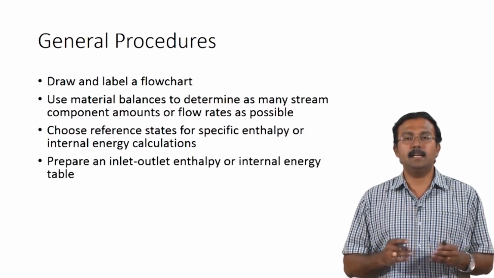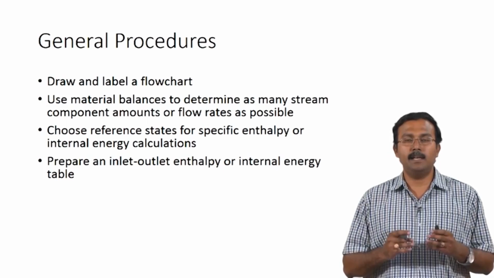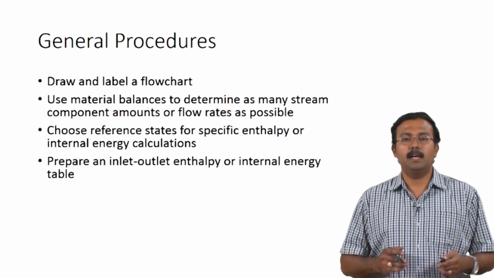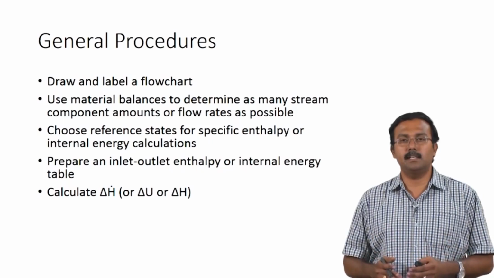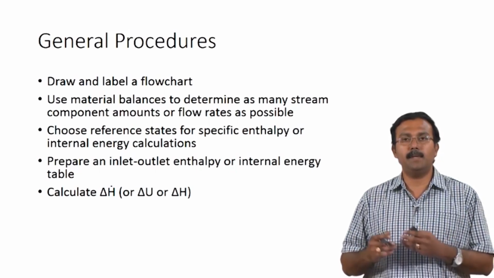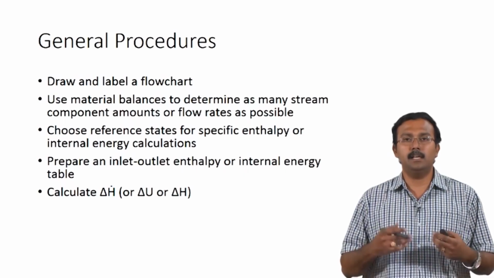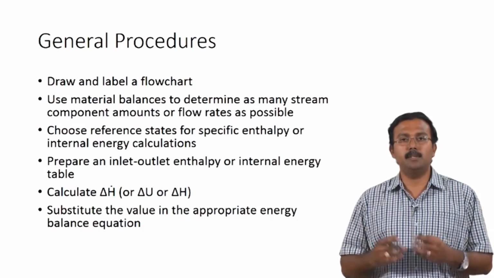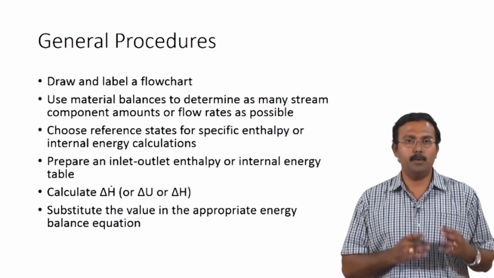Then we will prepare the inlet and outlet enthalpy table or the internal energy table, where we will try to identify which terms will go to 0 and which would be non-zero terms, and then we will be calculating the total change in specific enthalpy or the total change in specific internal energy, and finally convert them into change in total enthalpy and total internal energy, and these values will be used in the general energy balance equation for the open or closed system to perform the energy balance to get the parameters which we are looking for. So, the procedure itself is quite similar to whatever we have been doing till now, the only